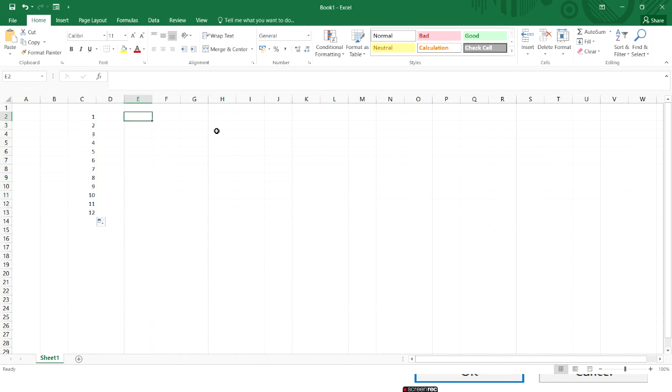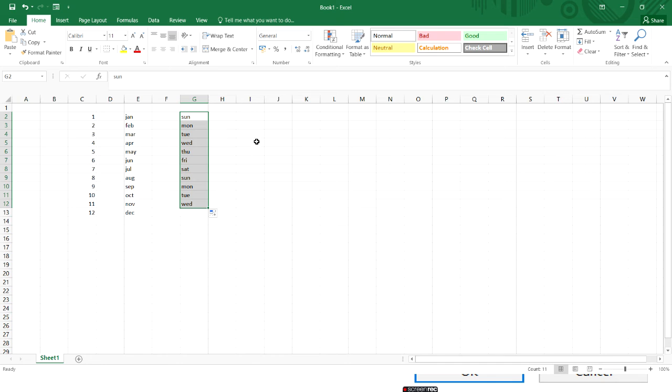Similarly, if you want January, February, you don't want to waste your time. Just type January and drag the plus sign down. Thus you can find the names of months coming automatically. Similarly, Sunday, Monday, I'm writing the first word Sun and dragging down. Thus all the day names are appearing here.